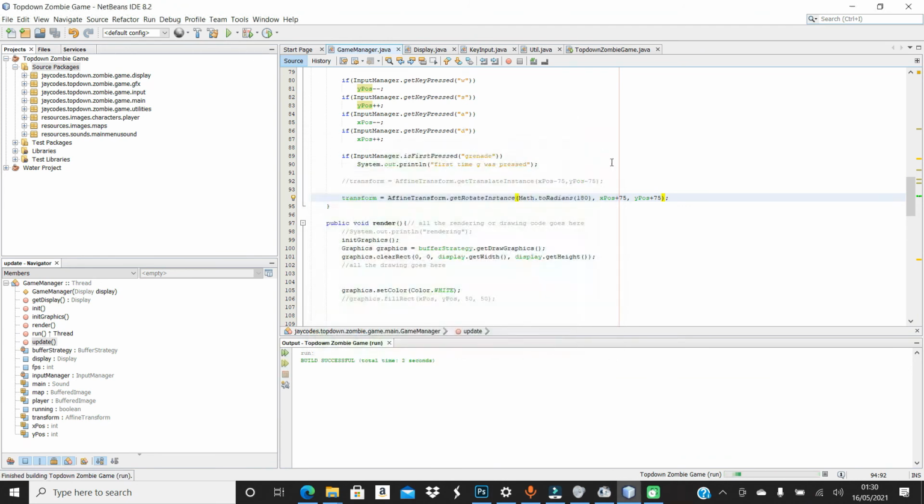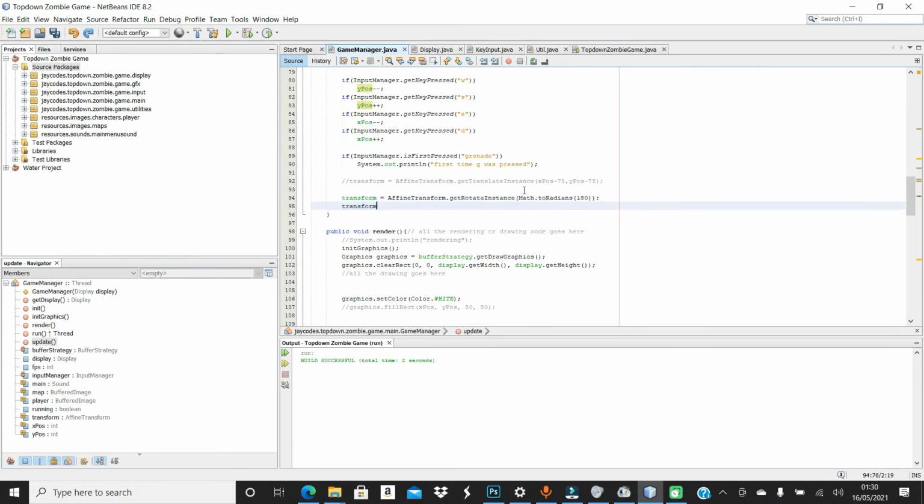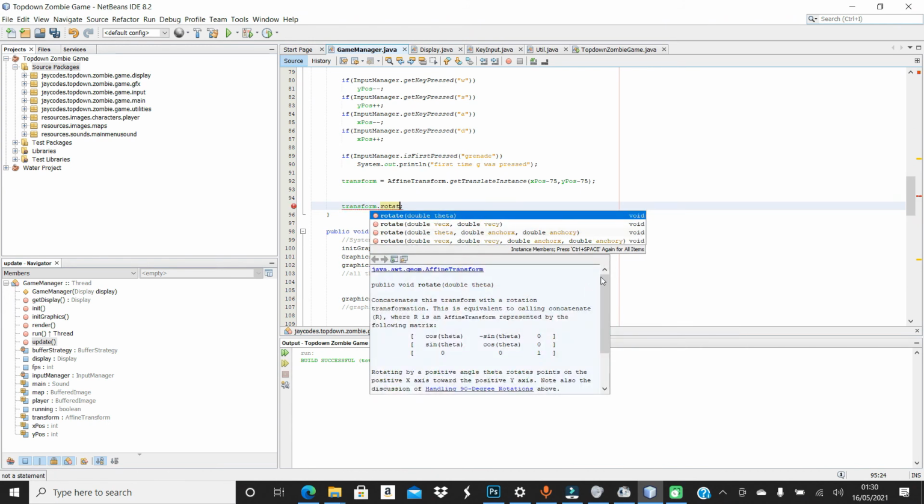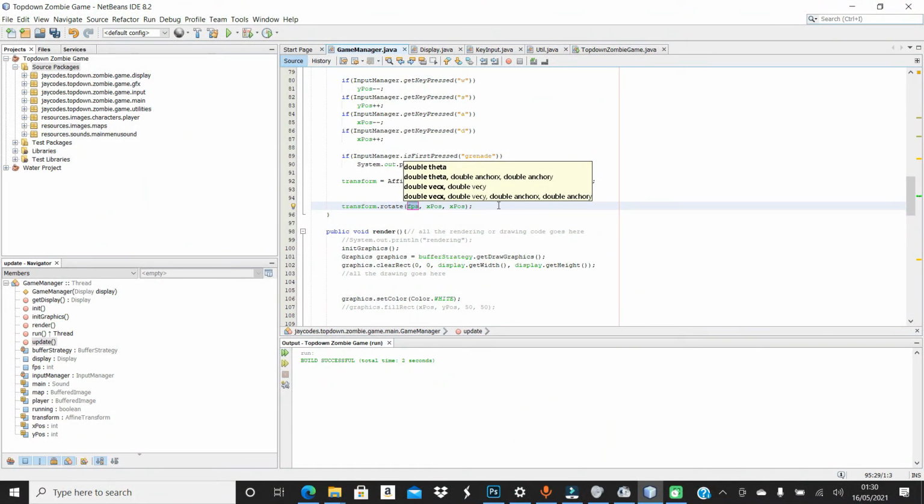Yes, okay, so I made a stupid mistake. Sorry, this was originally correct. It's the get translate, it was originally correct. It's just that I made some other mistake. And yes, I made a terrible mistake. So I'm just simply going to say dot rotate. I want to go with this one. That's the one we need to go with. Math dot toRadians,